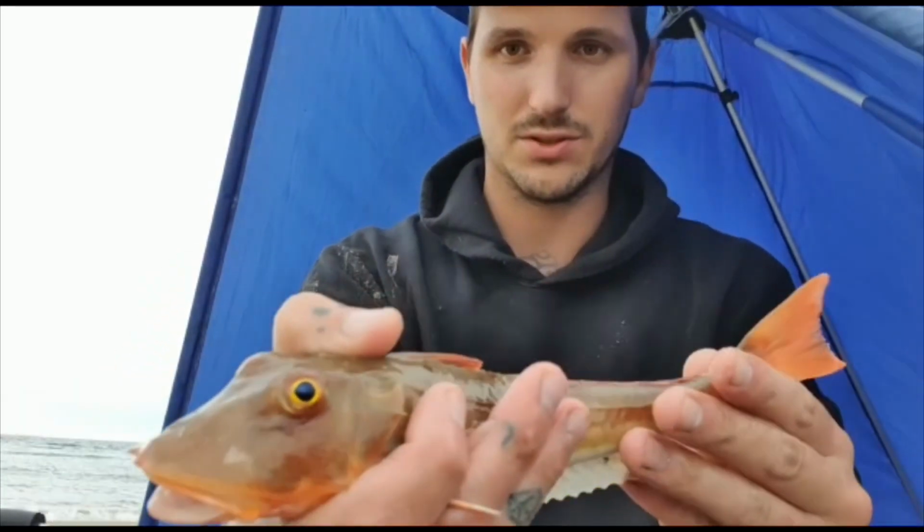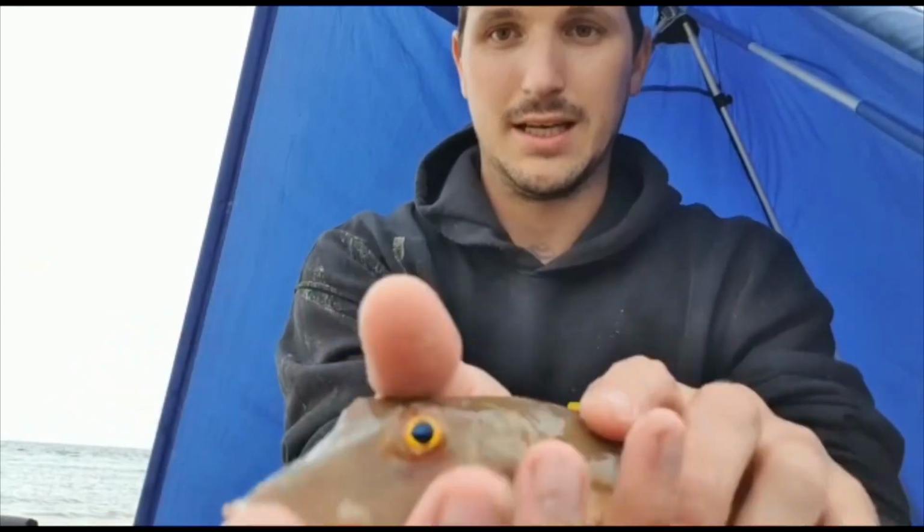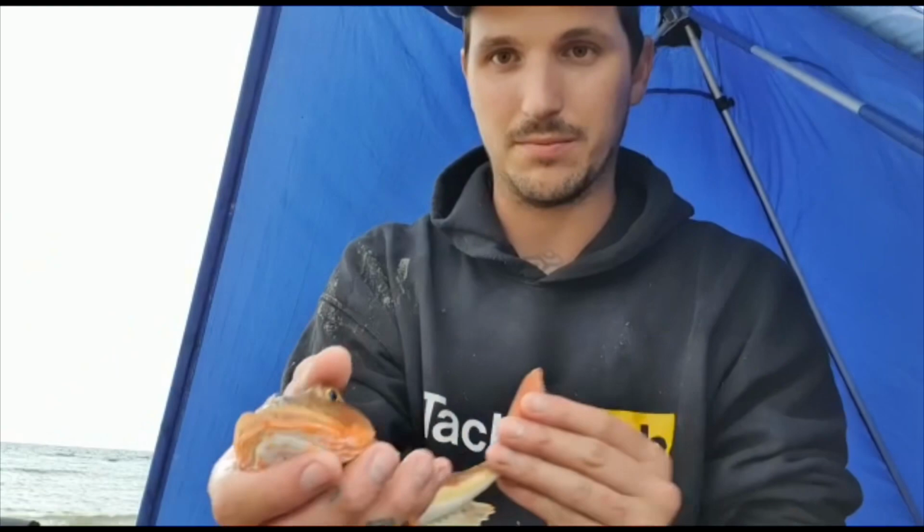It's quite lively, this one, so I apologise if I... Whoop! There we go. Drop it in. But yeah, absolutely beautiful fish. Only small, but it's really nice to see. As I said, I do love fishing a pop-up rig. What I'm going to do